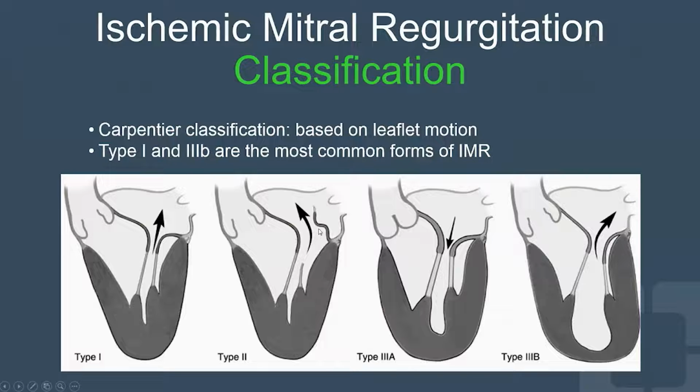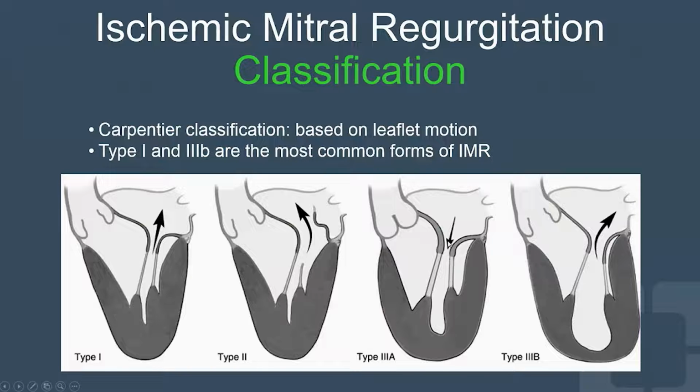are not coapting at the normal zone, and one of the leaflets in fact ends up at a higher position. You can see this with mitral valve prolapse or with a ruptured cord, where one of the mitral valve leaflets or both end up higher than the coaptation plane, and you end up with mitral regurgitation. Type 3A and type 3B are restricted leaflet motion, where the mitral valve leaflets end up becoming pulled